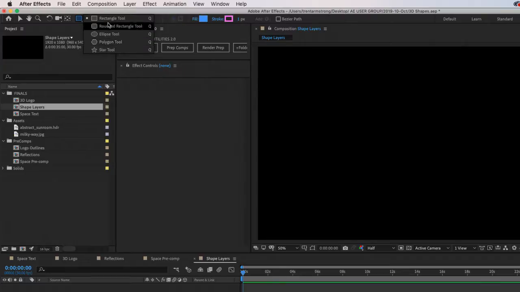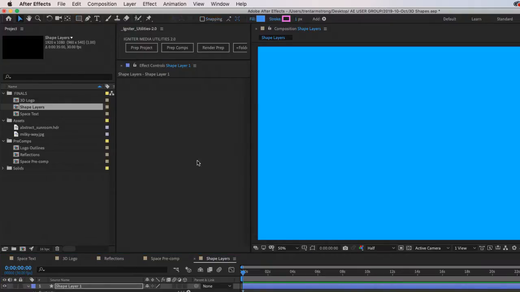You also get your masks from up here if you're a hotkey user. We're going to be talking about how to get in shape. Your Q will toggle through your shapes, and if you double click on a shape, you get a shape in your comp that is the width and height of your comp.